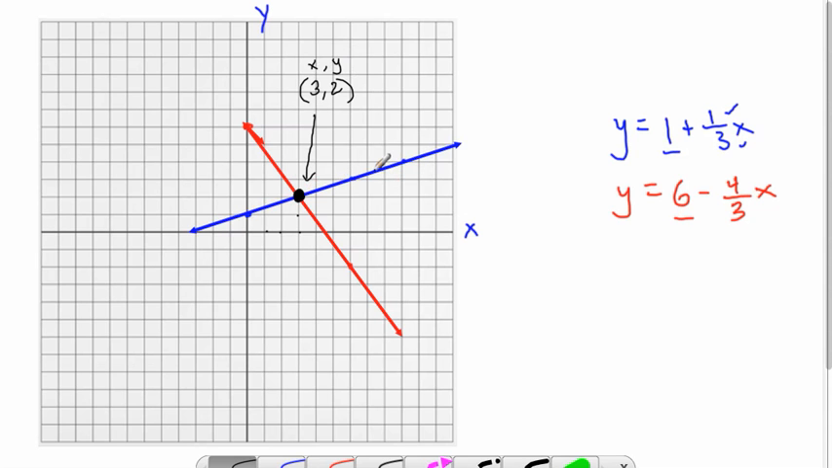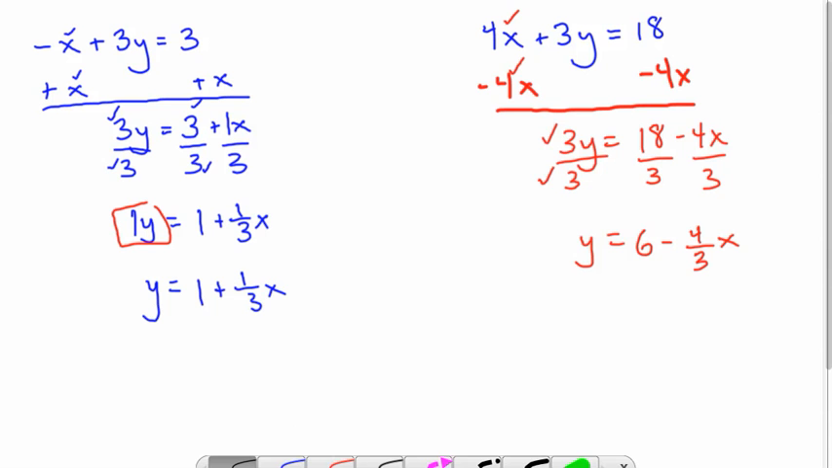So that point is 3, 2. It's the only point that is on both lines. This point's on the blue line. This point's on the blue line. This point's on the red line. This point's on the red line. That point's on neither line. This one is the only point that's on both lines. The only one. So if I were to go back to here, do some erasing,